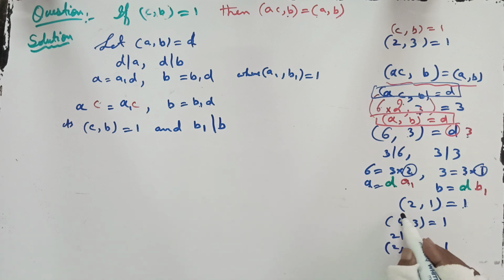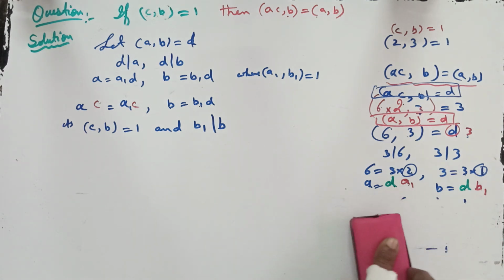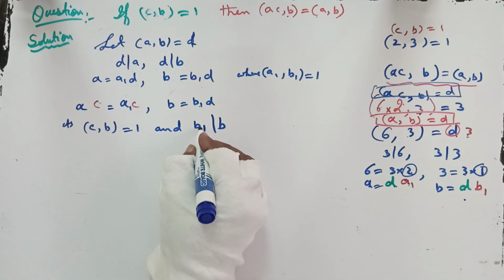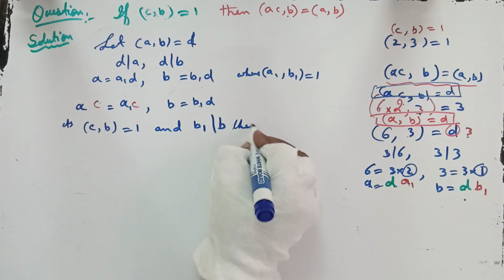Just like here, if this is B and this is C, and a divisor of B is 2, B1 divides B, then 2 and 3 must be relatively prime; their greatest common divisor must be equal to 1. Then I can write that C and B1